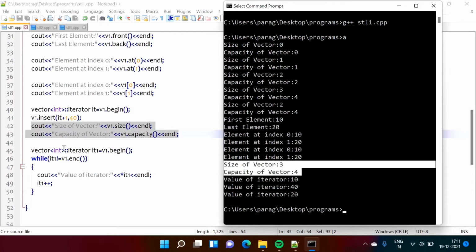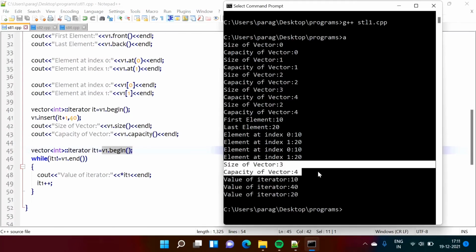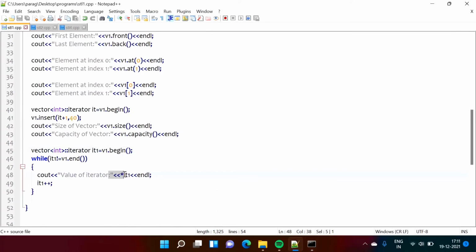Then after that, by this iterator, I am printing all the values here. So v1.begin returns the iterator pointing to the first element, that is 10. Then I am running this loop until the element next to the last, after 20, and here I am printing it. Now see, for iterator these operators are overloaded, means this asterisk is overloaded to get the element at this iterator, then this increment operator, next time it will point to the next value of this vector, so it will go to the next element.